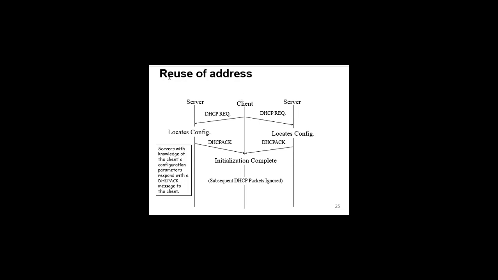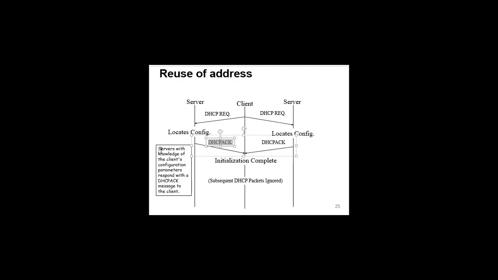So after you have done that phase, you can reuse. Because you know that for reuse you first have to use it, and only after that can you reuse it. If you have used a DHCP server, only then can you reuse that server's address. This is initiated by a DHCP request message. It is broadcast to both of the servers, and whichever server replies with its DHCP acknowledgement, you can then connect to that server.